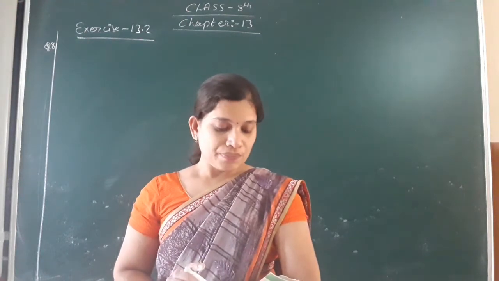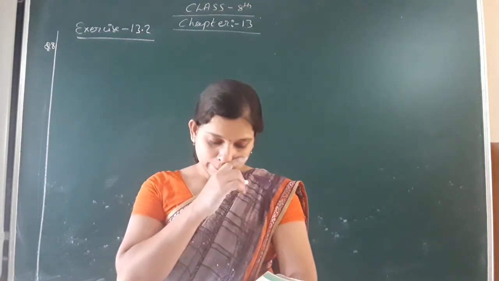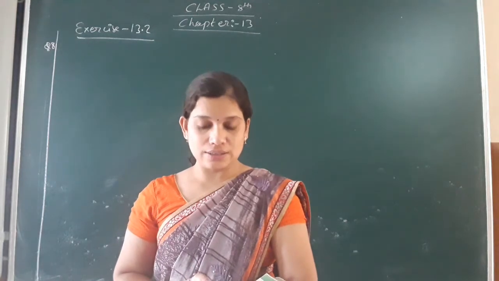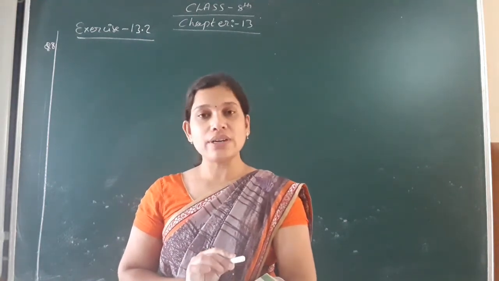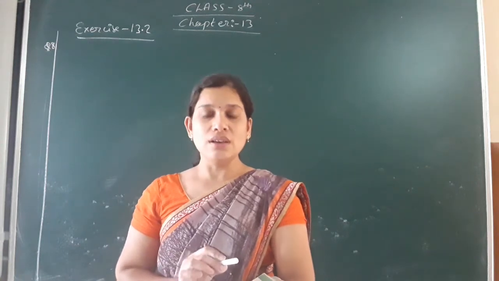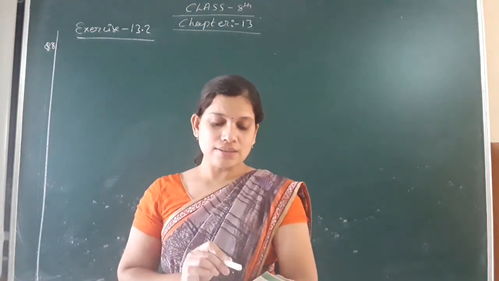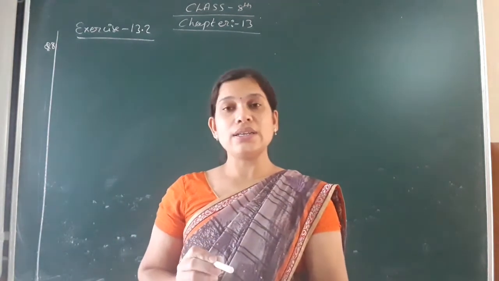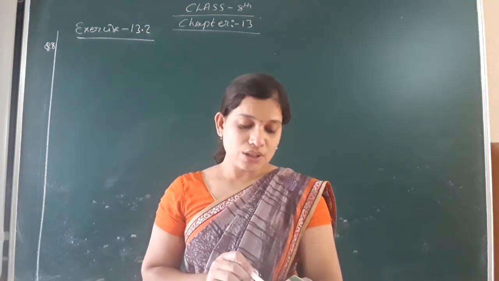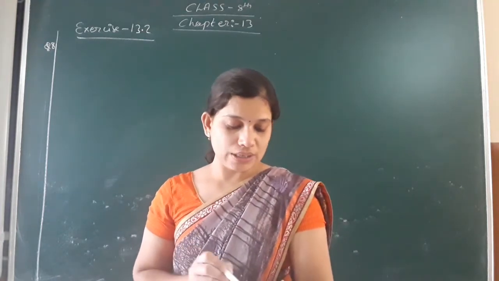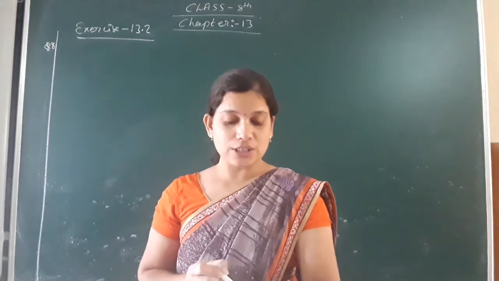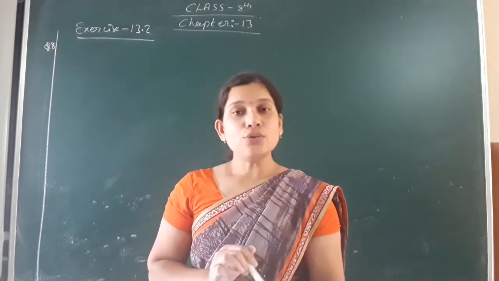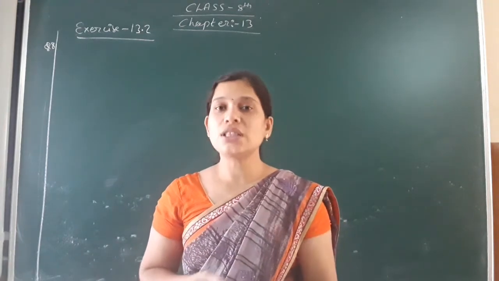What it says is that a factory requires 42 machines to produce a given number of articles in 63 days. That is, 42 machines are required to produce a number of articles in 63 days. How many machines would be required to produce the same number of articles in 54 days? मतलब 54 days में कितनी मशीन की ज़रूरत होगा? अगर 63 डेज में 42 मशीन्स की ज़रूरत पड़ता है तो 54 डेज में कितनी मशीन्स की ज़रूरत पड़ेगा?